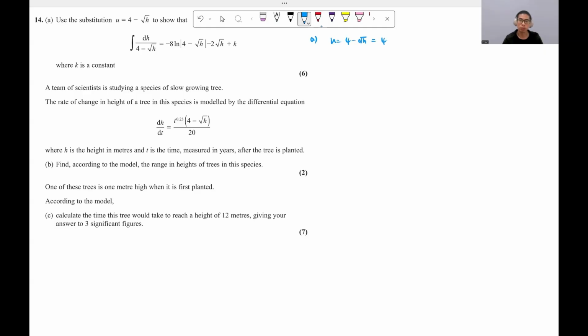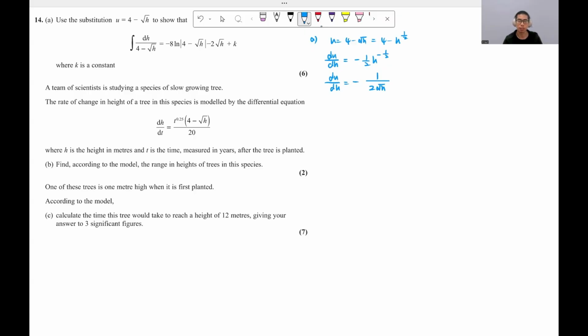So we can write root h as h to the power half, and then differentiate this. du over dh is equal to 4 differentiated to 0, and then for negative h to the power half, we can bring down the power and then minus 1 from the power. And then we can simplify this. So du over dh is equal to negative 1 over 2 root h, because h to the power half is root h, and the power of the negative one just means 1 over, so we can put root h